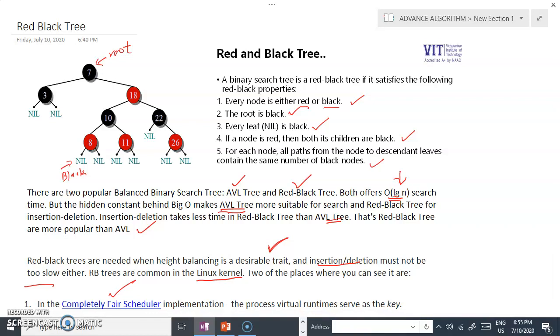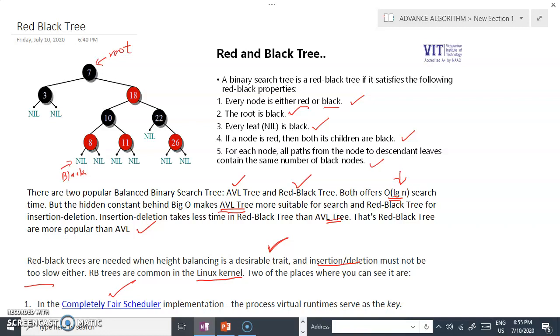So here we are going to see red-black tree. Red-black tree supports many operations. If this is a properly balanced red-black tree, and suppose I insert a new node or delete a node from it, obviously we will have a different set of functionality to insert a node. There are algorithms for it.